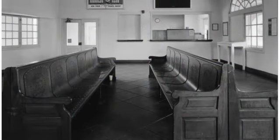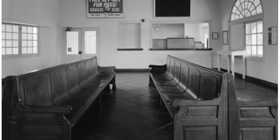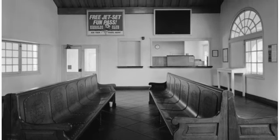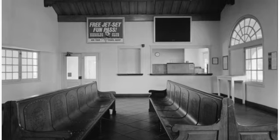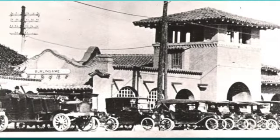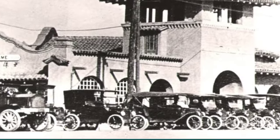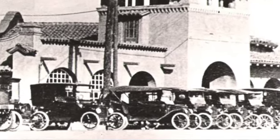Stations along the San Francisco to San Jose rail corridor, including Burlingame, closed their interior waiting rooms and ticket offices in the early 2000s. The station has gone from being Burlingame's first post office, first telegraph, first telephone, and meeting